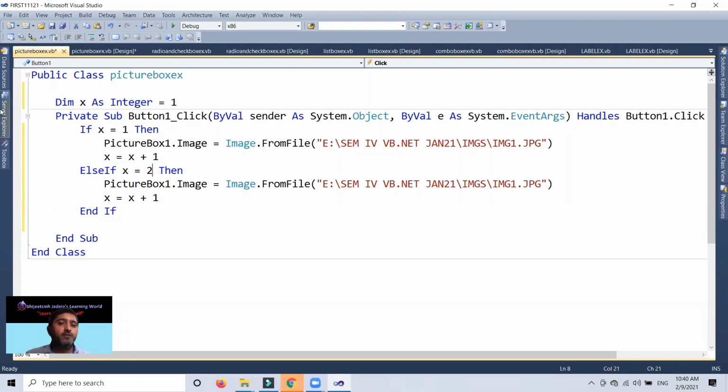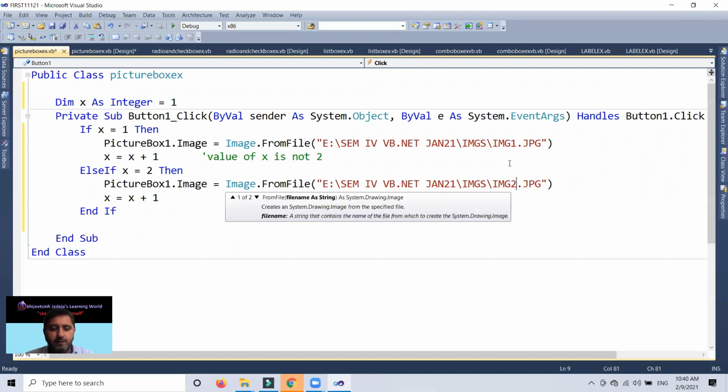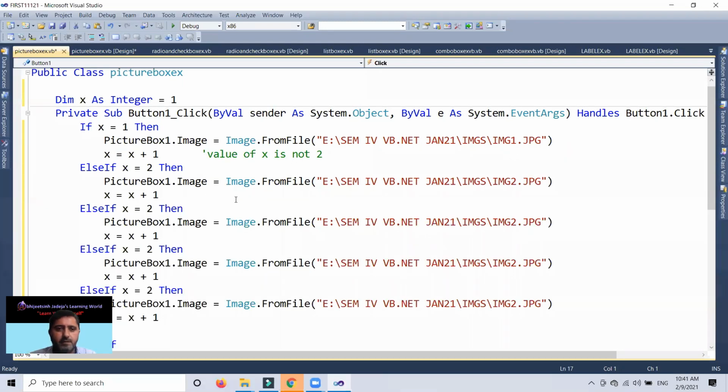Why I'm taking 2? Because when x value was 1, your image 1 will load. Remember this thing. Now x equal to x plus 1, so I can say that the value of x is now 2, and when it is 2, my image 2 will load. Very nice. Value of x is now 3.